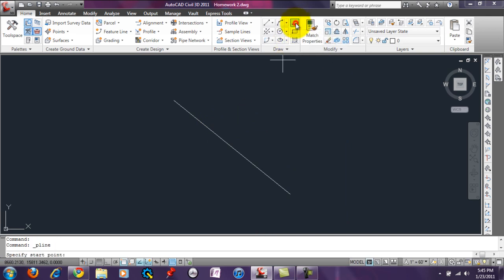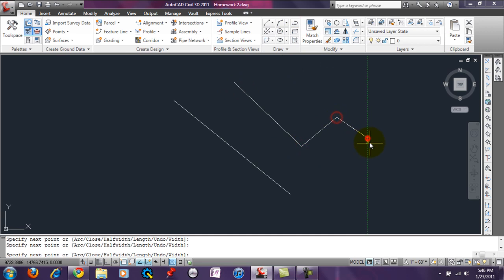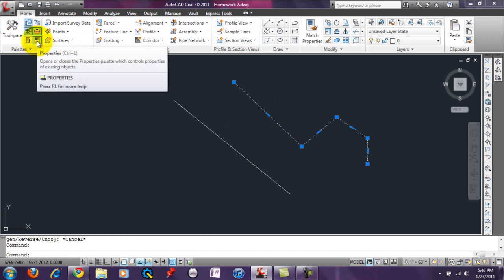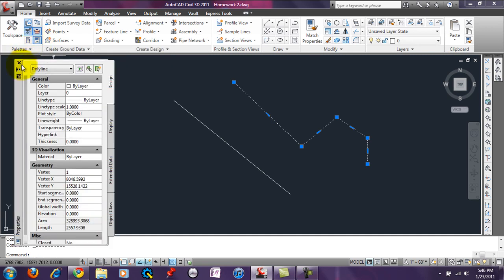Notice that if you use a polyline and you double click on it, the properties window does not come up. Instead, you get this polyline edit, p-edit command down here at the bottom. But you can still look at the properties of that line by right-clicking and selecting properties, or by clicking over here on this tool palette properties, and then it comes up